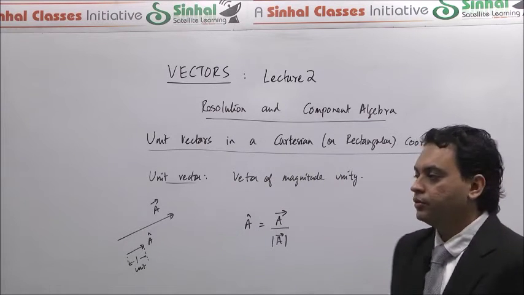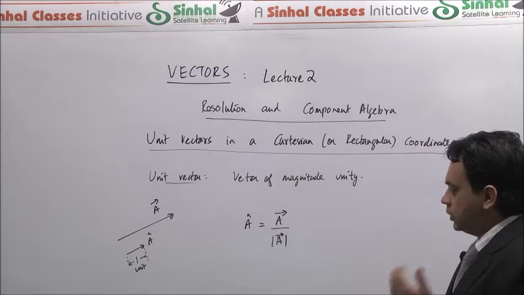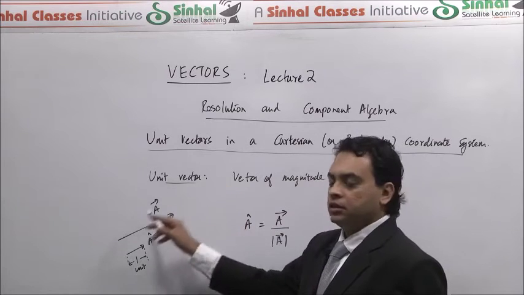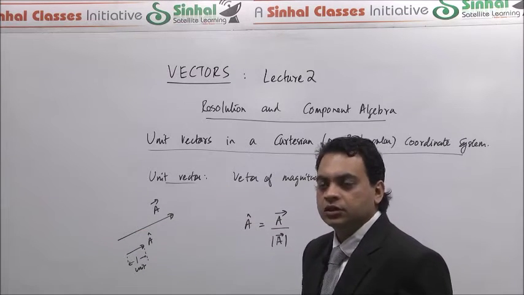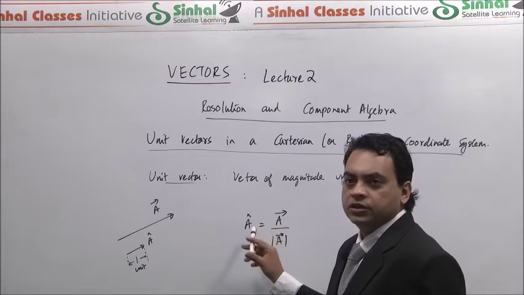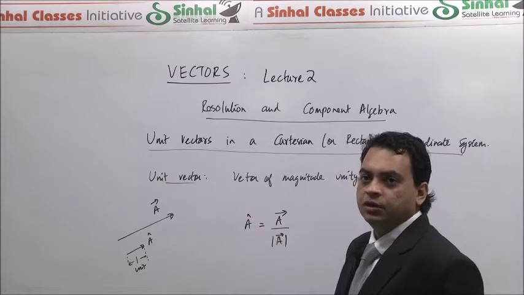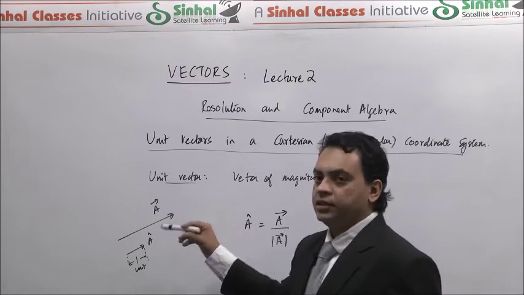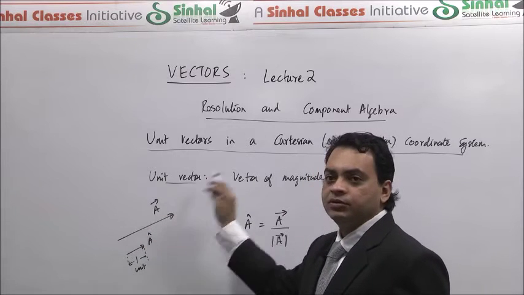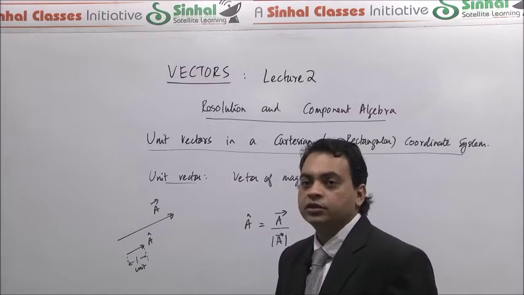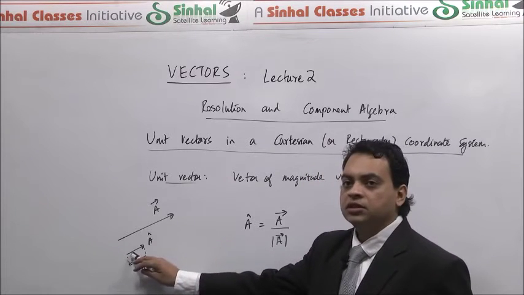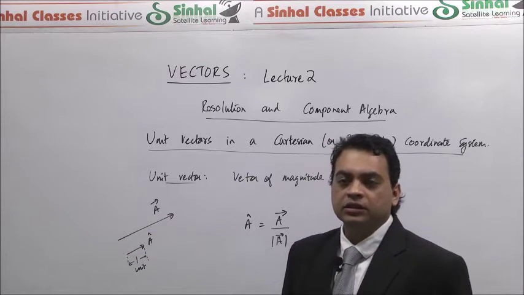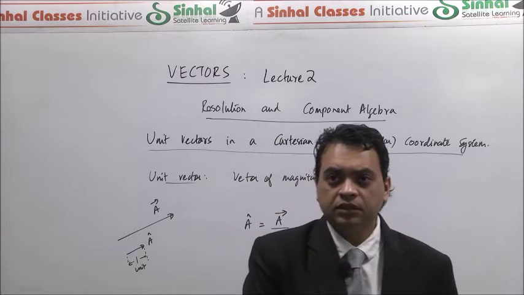So given any particular vector or any arbitrary vector, we can define its unit vector. So given the vector A, let's say A is a displacement of 50 meters in a certain direction, maybe 30 degrees north of east. So how to define A's unit vector, which in short we call A cap, given by this symbol, we would just define it as a vector A divided by its own magnitude. So that in terms of this particular vector, assuming that A was a displacement of 50 meters in the direction 30 degrees north of east, A cap would work out to be a displacement of unity, or 1 meter, in the direction 30 degrees north of east. Okay. So that's how we define unit vectors in general.